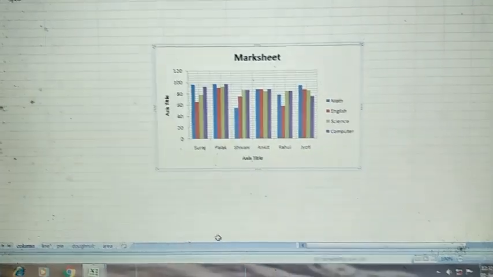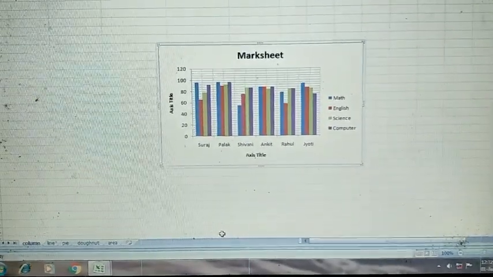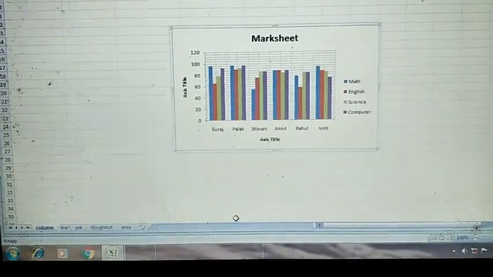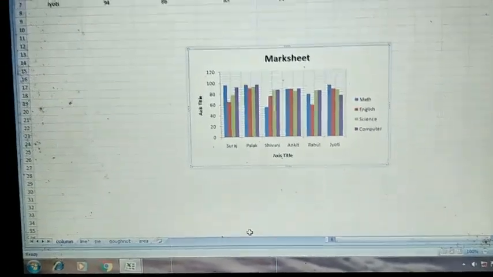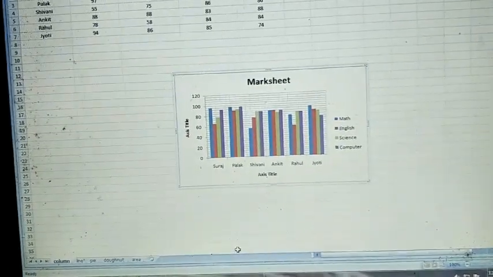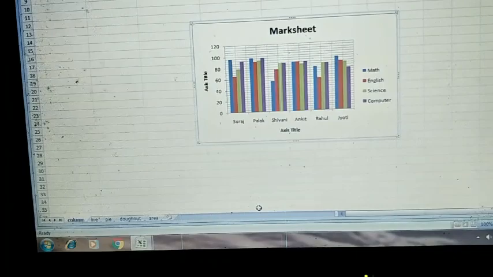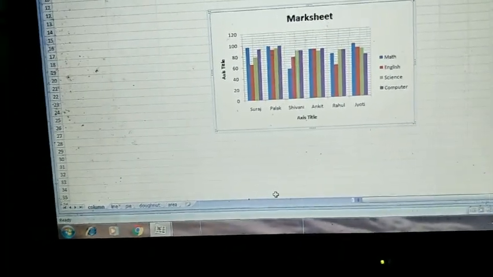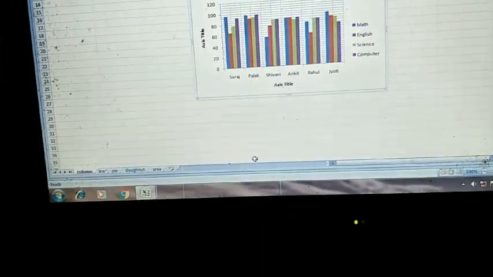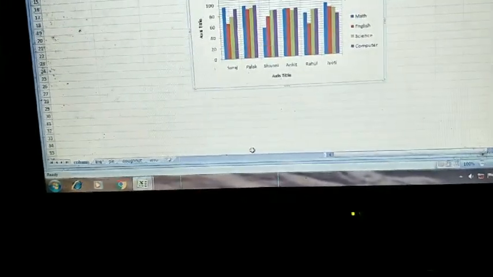So I am going to put my phone down for a few seconds, and after that I will show the video. The process is that first you will use the control key to hold it, and one by one you will select all the sheets with the help of the mouse. So I am going to do this.